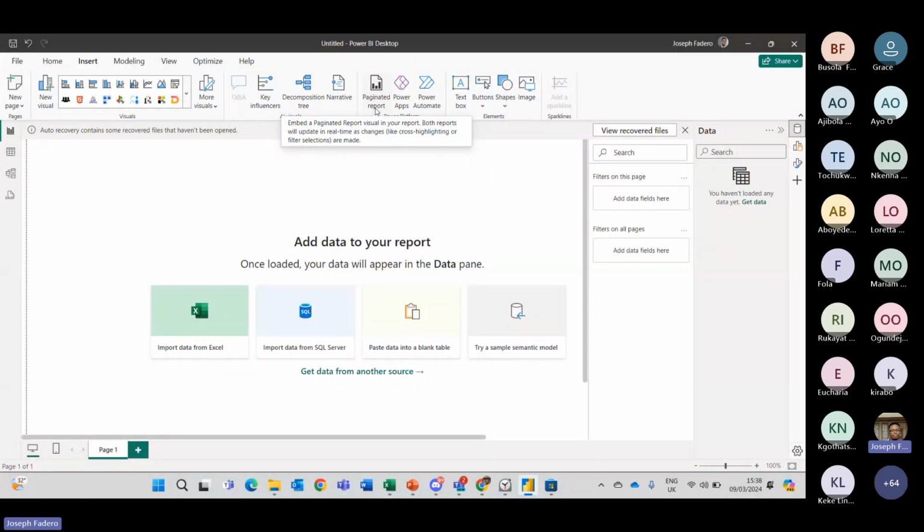It allows you to build this type of picture perfect, pixel perfect report. So if you want your report to be in a nice table format, just like how you have your Excel type report, this paginated report tool can allow you to build that. It's nice to know the knowledge of that, but I'm not covering that today. It's just a general introduction to that.